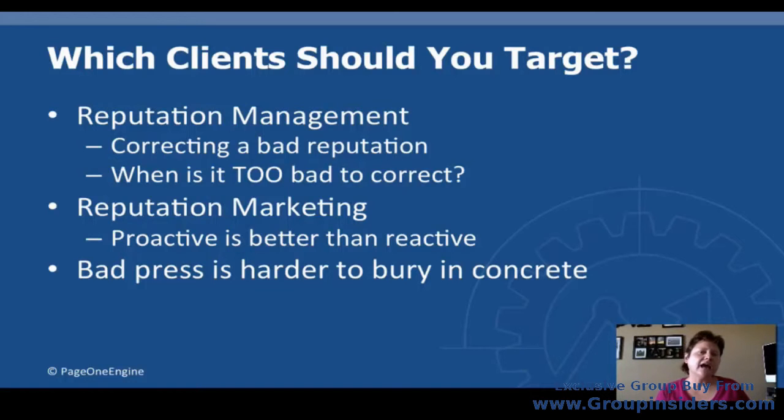So I would have to flood the market with press to try to squash that. It's okay if they have one piece of bad press, and if that piece of bad press is something that, if it was found on page 2 or page 3, wouldn't be horrific for the customer. But when you start seeing article after article after article, same thing, it's going to be very hard to bury that bad press, and it's going to be a harder task for you.